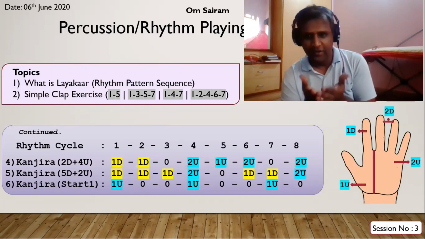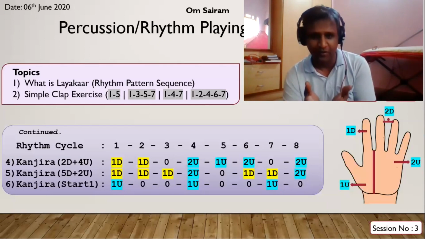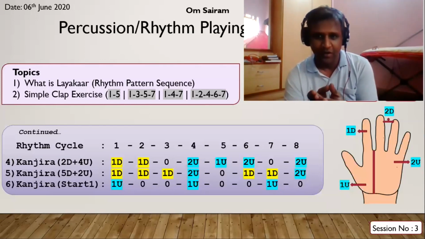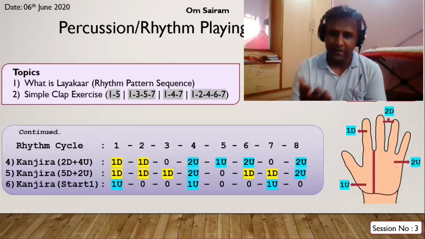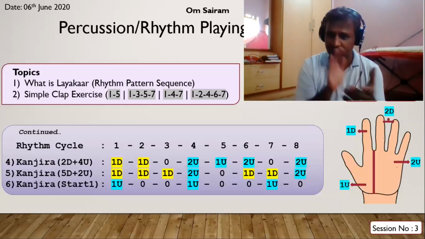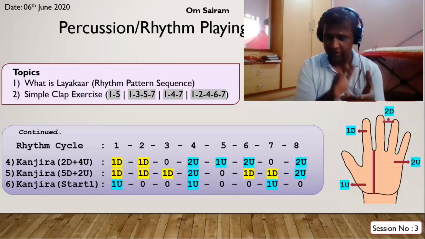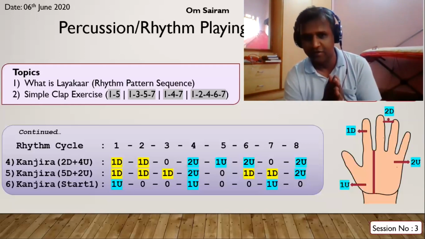Again, this also, I think many of you would have already done it, consciously or unconsciously. Unconsciously means without knowing what you're doing. For example, Ganesha Sharanam Sharanam Ganesha, 1 5. Okay, 1 Ganesha Sharanam Sharanam Ganesha. No, 1 3 5 7. Ganesha Sharanam Sharanam Ganesha. So I've given you the two variations, 1 3 5 7.